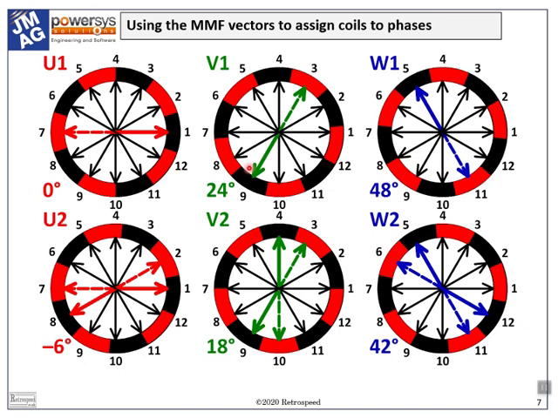So this is 0, 120, 240 in electrical degrees. We now find that coil 5 is perfectly aligned with a black magnet, while coil 11 is perfectly aligned with a red magnet. So coil 5 can be connected in series with coil 11 reversed to start building phase W. Again, at this position, no other coils are perfectly aligned with magnets.